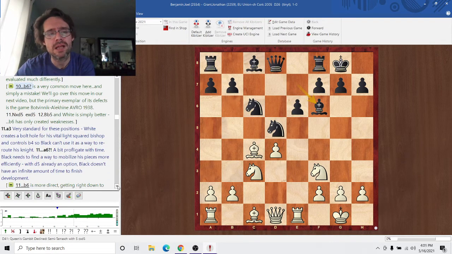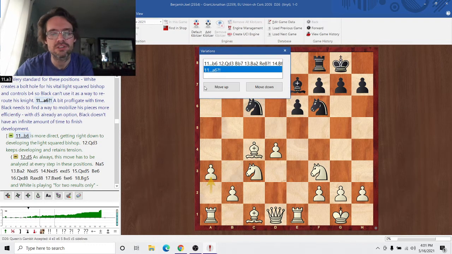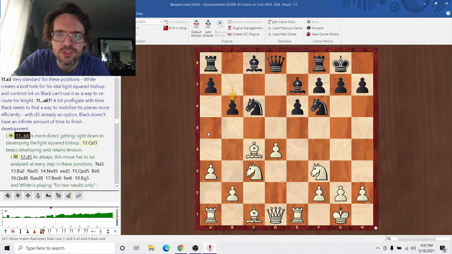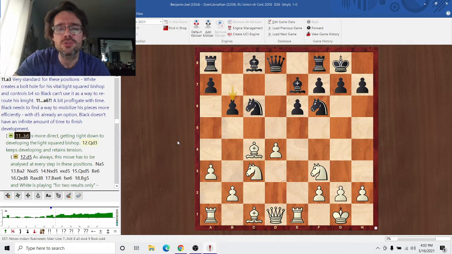But even after that, black still has some opportunities to make things more interesting, like in this position. b6 is more effective than a6. And it's definitely still a game from here, even if white's a little bit more comfortable. So with that video, I think that's a good coverage of the d4-d5 theme. We're going to move on to...